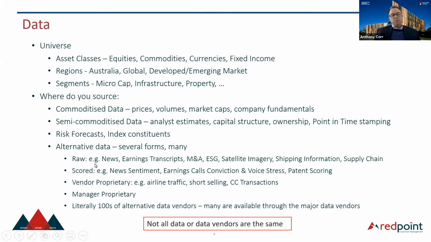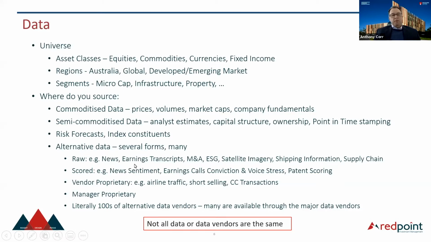So I suppose there are different forms, as not all alternative data is the same. The first form to understand is that it can be very raw. So you could have a raw satellite image, you could have shipping information about a ship that's gone from A to B, companies that bought goods that were on that ship or provided goods that were on that ship, that kind of information. So that's very raw information, and you probably need to do a lot of analysis on it